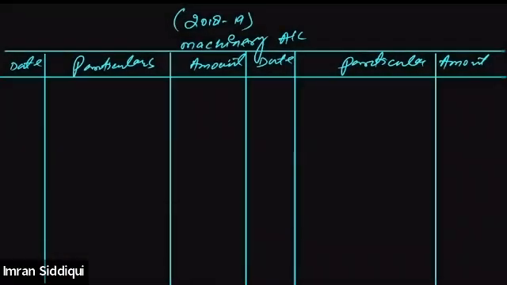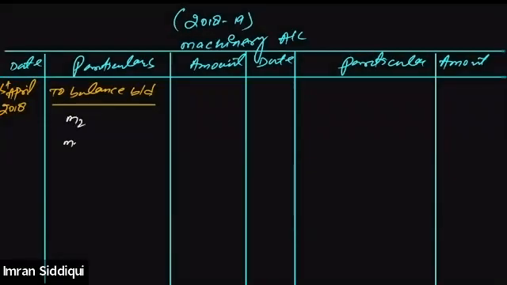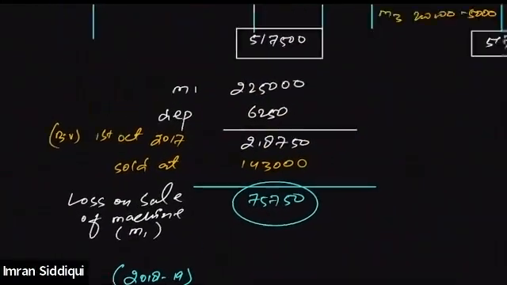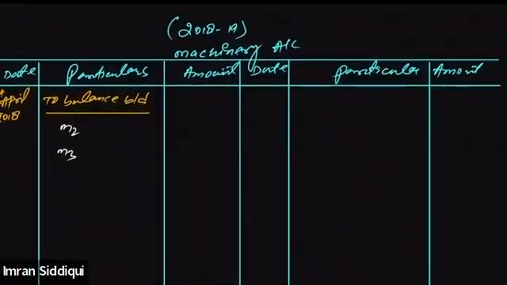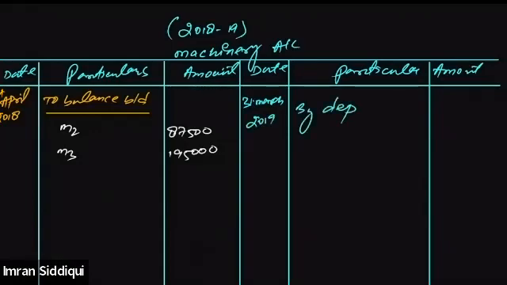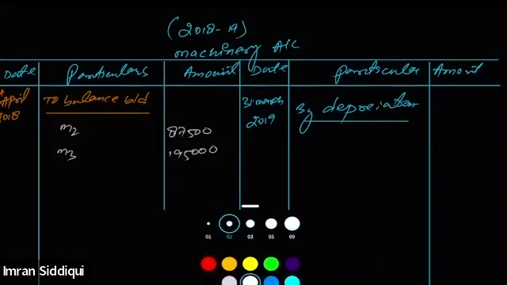First of all, tell me what should I write? Tell me quickly. To balance b/d, I'll write down the opening balance for M2 and M3. The opening balance of M2 and M3 will be the same as their closing balance, 87,500 and 1,95,000. Since no adjustment is there regarding the year 2018-19, we will simply calculate depreciation as on 31st of March 2019. Depreciation will be calculated on these two machines by the SLM method. So on M2,